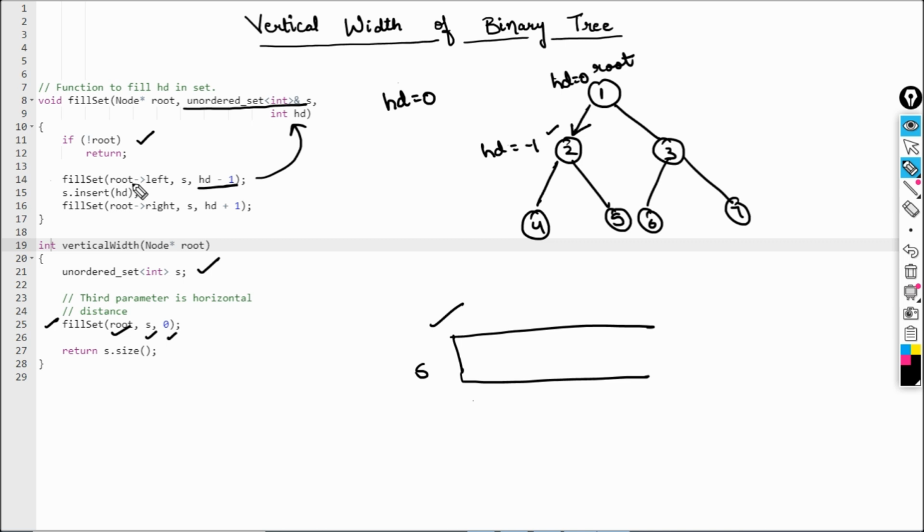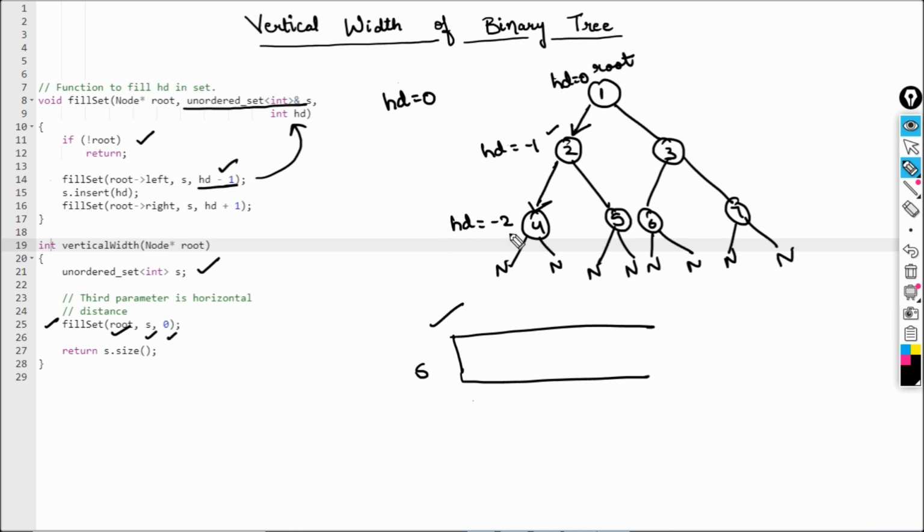So again come inside and make a call to the root's left. I have made a call here and do ht is equal to ht minus 1. Like we are passing ht minus 1 instead of ht. So now your horizontal distance will become minus 2, right? Okay, again come inside and again check if root is equal to null. Root is not null, right? So what you need to do now is make a call on the left side again. So here is null. These are null, right? They don't have any child after them.